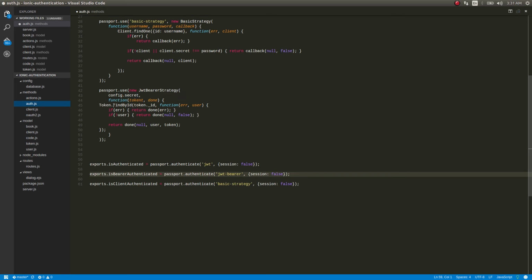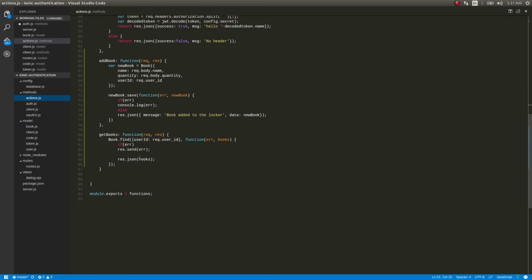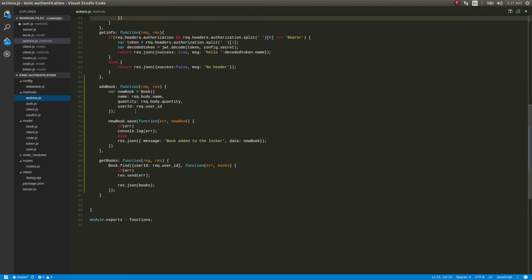And then it's checking in the token DB whether that token is found with the ID. If the token is found, then obviously it returns the user and the token. So the next thing, the action start add book will get called. And then the user will be the user ID, obviously, and this will get saved to the locker. That is, the user is now able to access our REST API and post a book to our application. This is how the entire OAuth2 flow runs, guys.